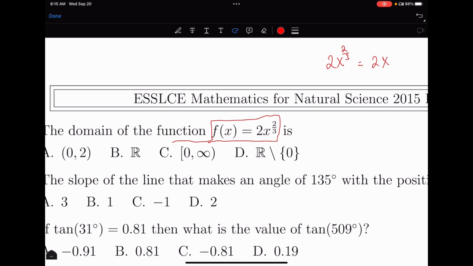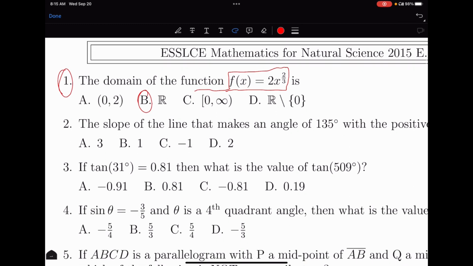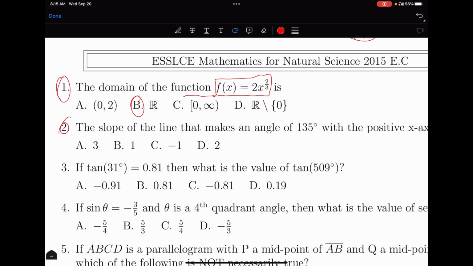2x squared ከዛ the whole to the power of 1 over 3 ብለን መጻፍ እንችላለን። ያው any number can be squared ከዛ x can be any number and also any number can also be cube root ሊወጣ ይችላል። የፈለግነው ቁጥር cube root ማውጣት ስለምንችል ለየትኛውም ቁጥር ይሰራል ማለት ነው። ለዛ the domain of this function it is the set of real numbers ነው ማለት ነው። ለዛ መልሱ b ነው የሚሆነው።